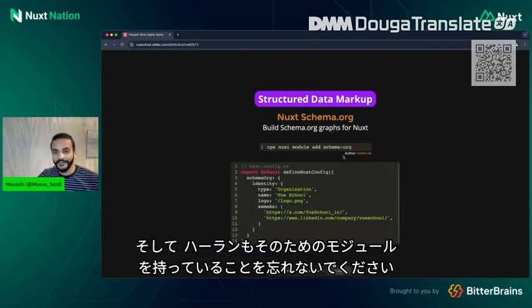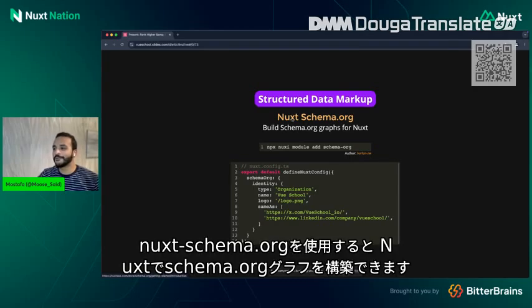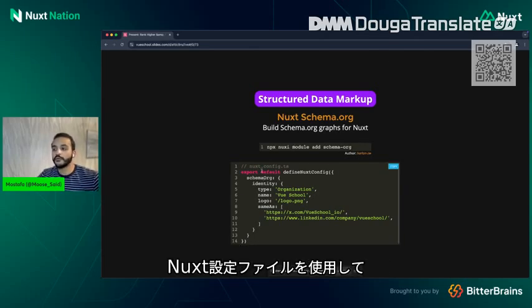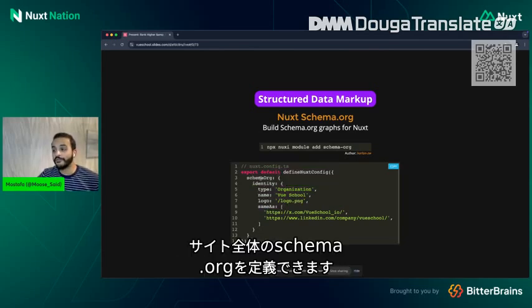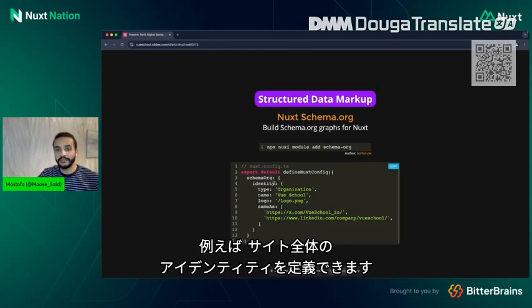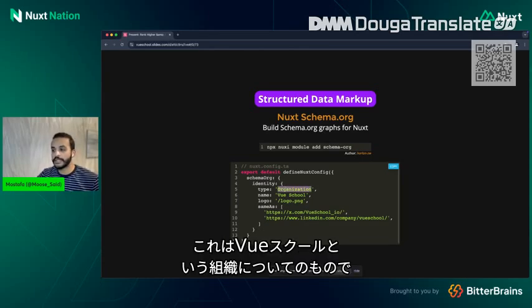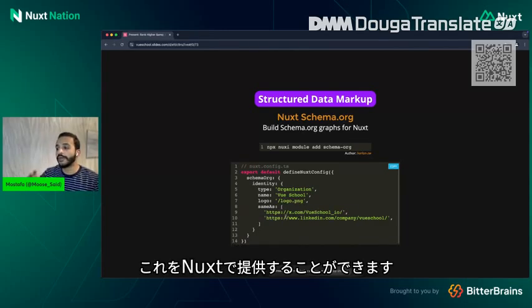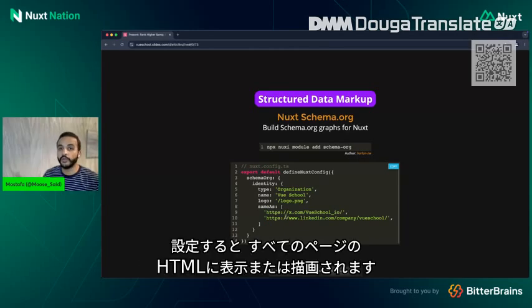And not to forget, Harlan as well has a module for that. So Nuxt schema.org, you can build schema.org graphs with Nuxt using this module. Just grab it with this command, and you can use the Nuxt config file to define schema.org site-wide. For example, you can define identity for the entire site. So this is about an organization called Vue School. This is their logo, and there are social media links and so on. So you can provide that in Nuxt config, and it will be rendered in the HTML